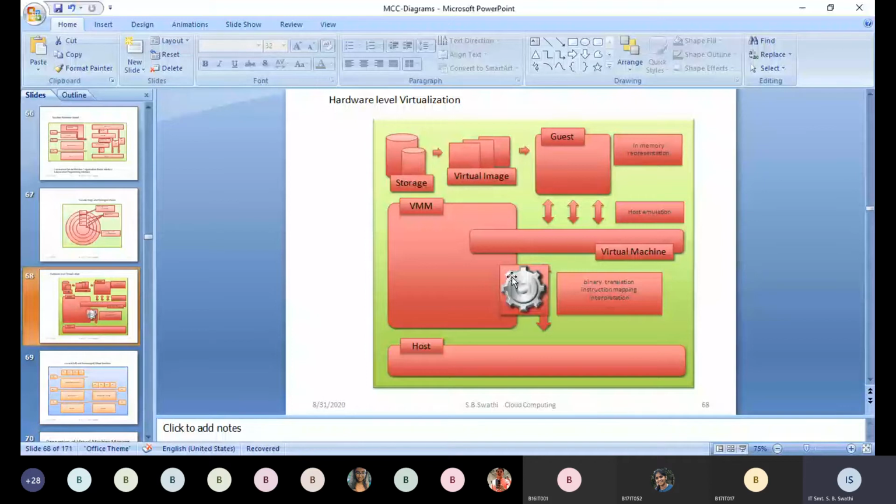What is virtual machine manager? It is an interface. In short, we generally call it VMM, Virtual Machine Manager. This VMM will be acting as a mediator between the host and the guest. The job of the VMM is to provide an interface where all your requests will be sent to the host, and the host will also provide different security features. All the requests are accepted by the host using this VMM. Without virtual machine manager, there is no concept of virtualization here.